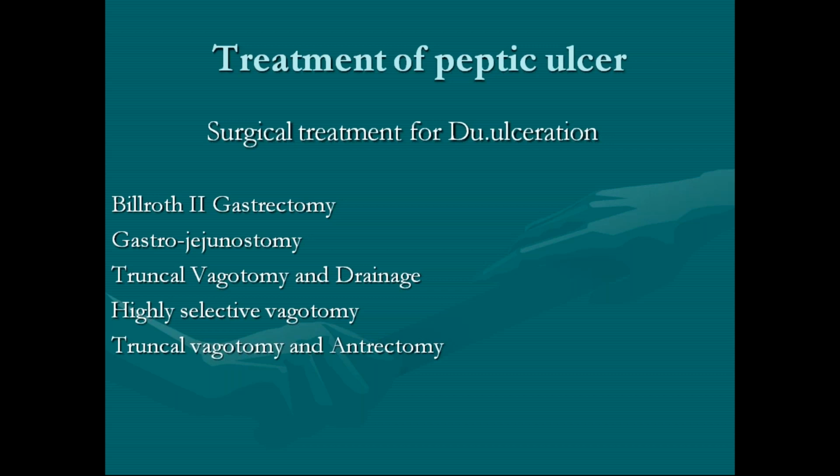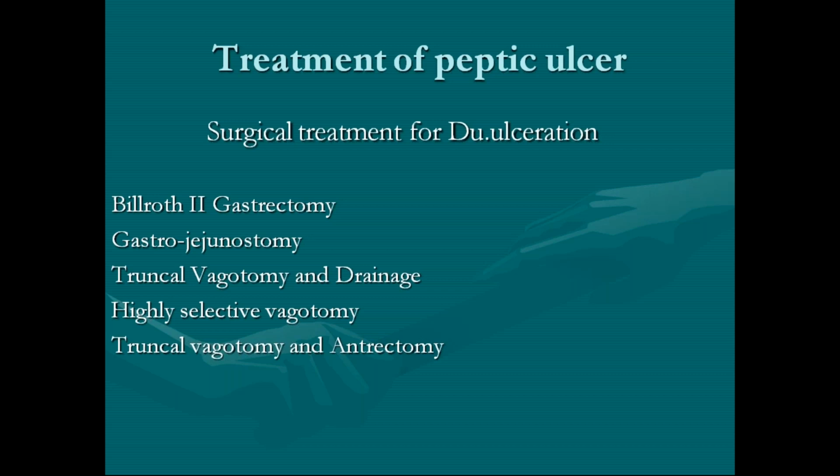Okay, so what is meant by Billroth 2 gastrectomy? Does anybody have an idea what is this Billroth 1 and Billroth 2 gastrectomy? Billroth 1 is distal gastrectomy and gastroduodenostomy. Yes, Billroth 1 is where we do a distal gastrectomy. This is mainly for gastric ulcers, where you find ulcers in the lesser curvature and in the distal part of the stomach. There you will do a Billroth 1 gastrectomy, wherein you will resect the distal part of the stomach and perform a gastroduodenal anastomosis.